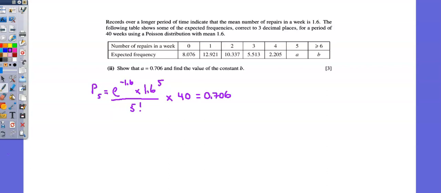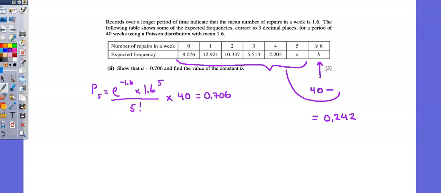For b, I'm not doing the same process changing the value from 5 to 6. I want to calculate the residual based on what goes into the final expectation, which is 40 minus, and what we're subtracting is every other measurement. That a we've just solved for, so we can sum those measurements. 40 minus that sum gives us what we want for b, and that value is